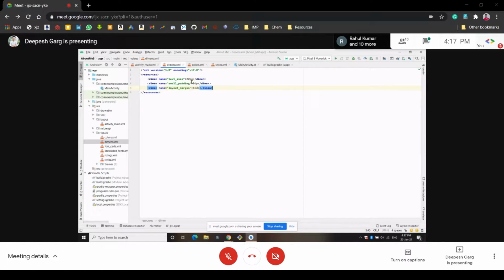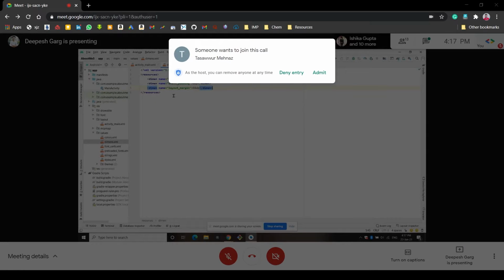It is the SP unit, called scalable pixels, and it will give a small padding of 8 dp, like density independent pixels. And the third one, I have given the dimension of layout margin. We want some margin from the perimeter, so we want some margin for the view. We have given this 16 dp, so that we have to write it only once. And whenever we call this dimensions.xml file, all of these will be applied for that view.